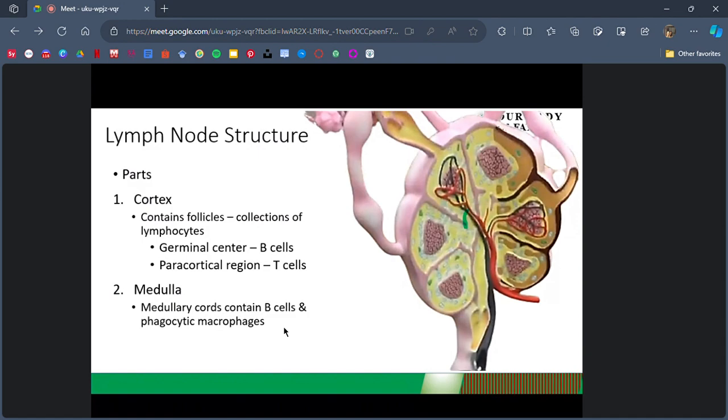This is now the model of the lymph node in the laboratory. As you can see, the lymph node is enclosed by a fibrous connective tissue capsule represented by the beige outer portion you see in the model. It is comprised of an outer cortex and inner medulla. The capsule sends extensions into the interior of the node, known as trabeculae, that divides the cortex